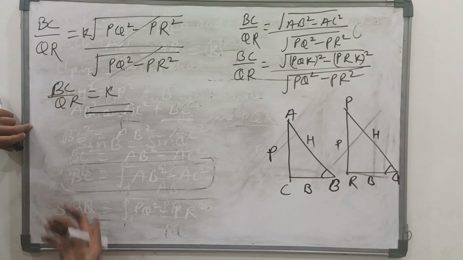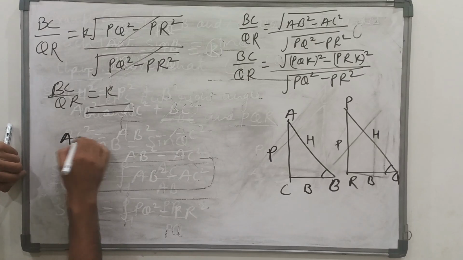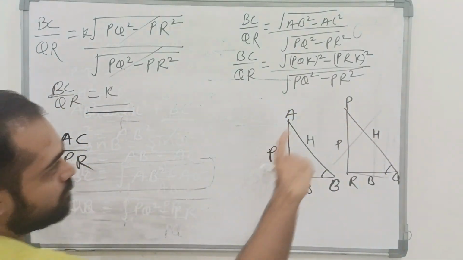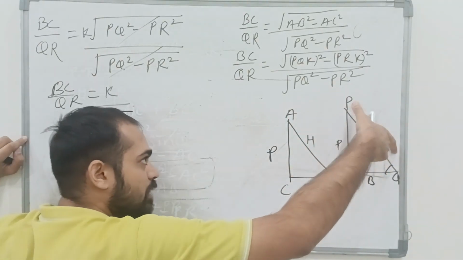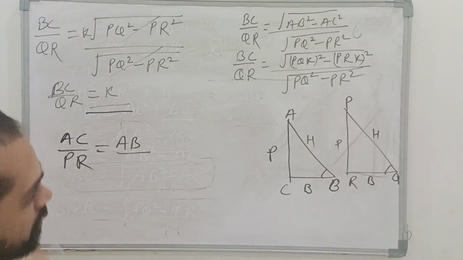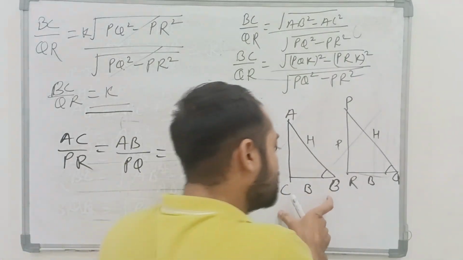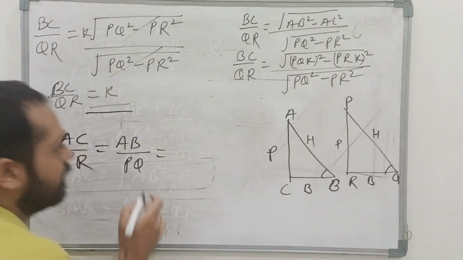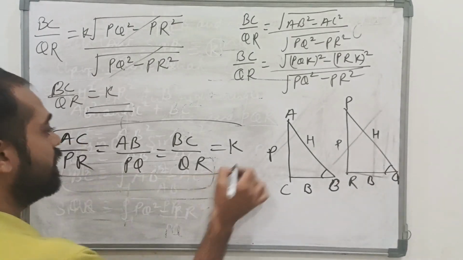जब ये K आ गया तो तीनों रेशियो बराबर हो गए ना, कैसे? जो हमने पहले माना था, क्या माना था कि भाई साहब AC बाय PR, मतलब परपेंडिकुलर इस ट्रायंगल का रेशियो K है, AC अपॉन PR इज इक्वल टू K। इस ट्रायंगल के हाइपोटेन्यूज़ की साइड और इस ट्रायंगल के हाइपोटेन्यूज़ की साइड का रेशियो K है, AB अपॉन PQ, ठीक है। फिर उसके बाद इस ट्रायंगल के बेस की जो साइड है उसका और इस ट्रायंगल के बेस की जो साइड है उसका रेशियो जो है वो भी K है। देख लो भाई, BC अपॉन QR, ये हमने निकाल लिया। देखो ये बराबर आ गया।